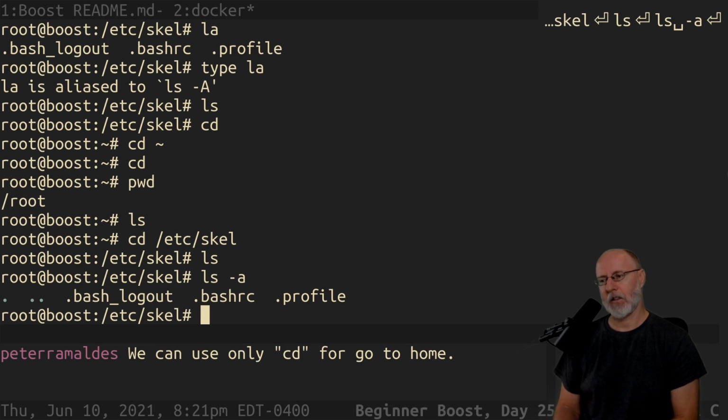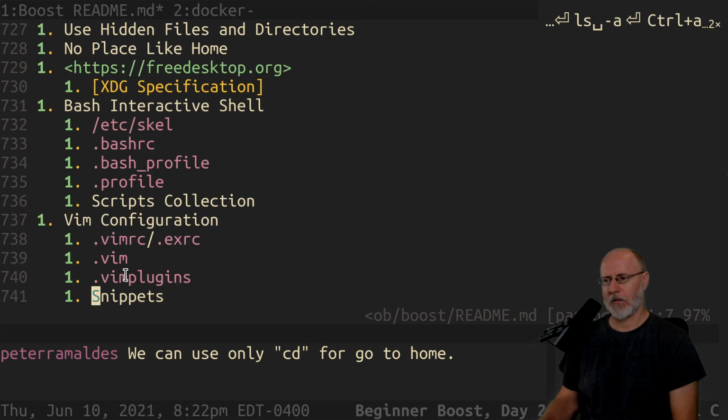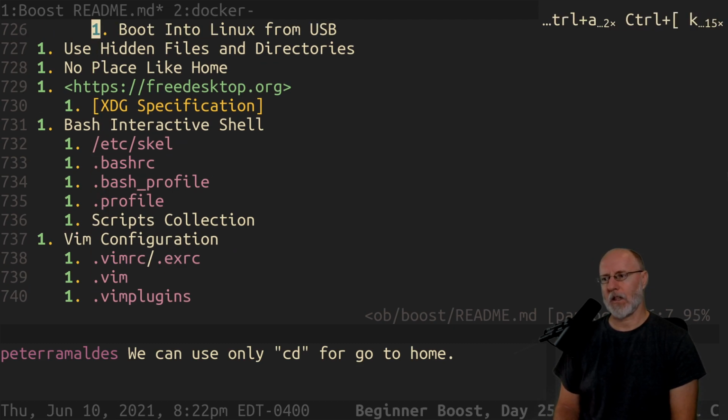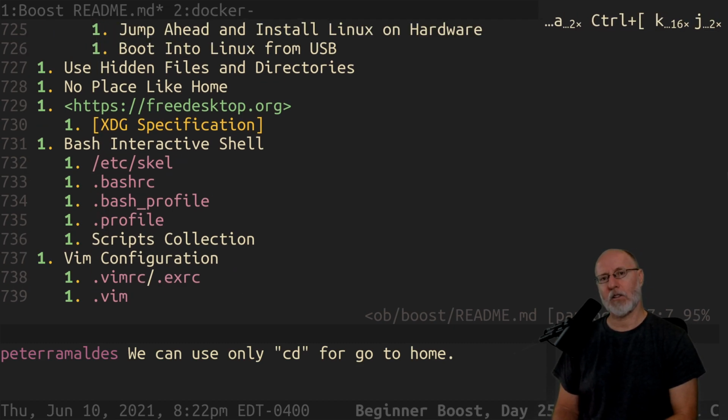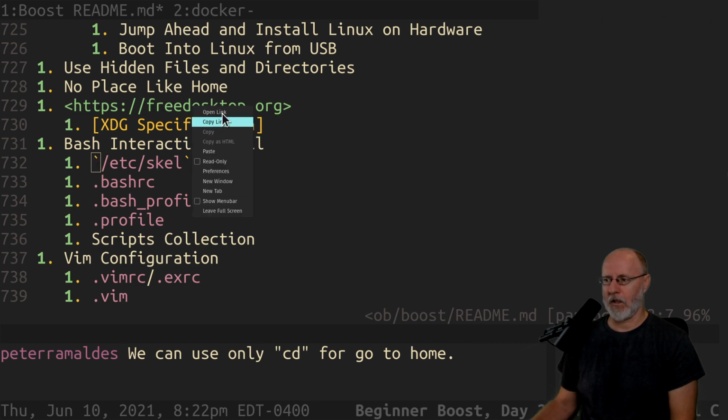There's like nothing here. Okay, well, that's a hidden file. And in fact, let's talk about hidden files for a second. So there's no place like home. Use hidden files and directories. We've talked about what those are. We're going to continue to use the hidden directory kind of thing. And everybody go out and read up on